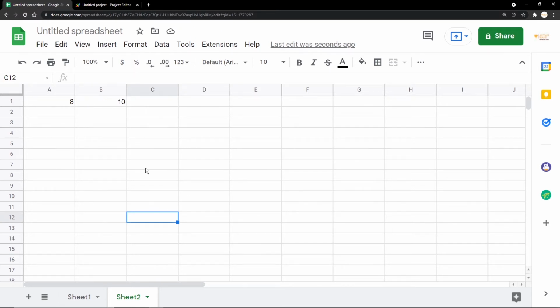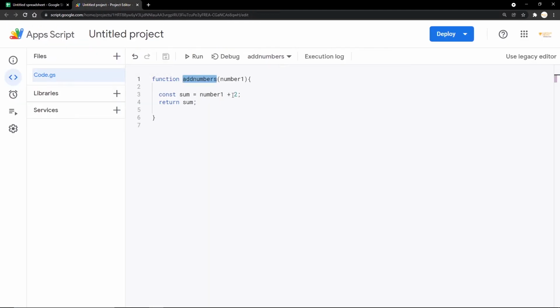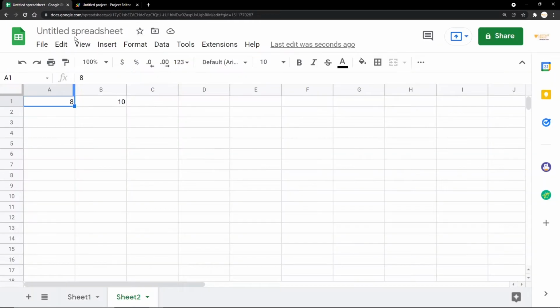And here you can see the final answer 10 has come. That means we passed 8 into the formula, we added it to 2 and we have got 8 plus 2, 10. So this is how custom functions work in Google Sheets. They work just like any other inbuilt functions, but you can customize them to your own needs. So now that we've got a clear understanding of what custom functions are, we're going to be writing the custom functions to add timestamps to Google Sheet.